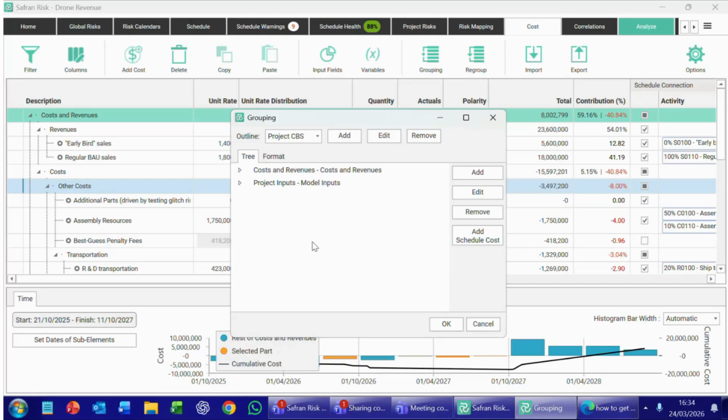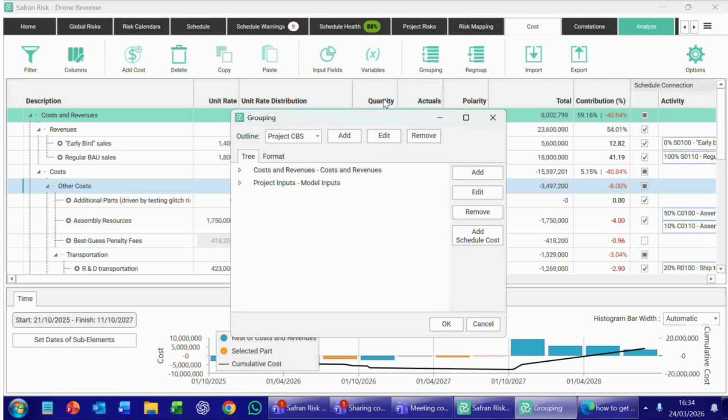There are reasons why you might use both. If you've got a resource loaded schedule and you've got all your cost of your resources in the schedule, then you wouldn't necessarily want to have to recreate those within this cost model. But in the cost model, there's all sorts of extra things that we can do, particularly using things like variables, and there's more creativity. We can use formula, whereas we can't really do any creative modeling, particularly when we're being driven by WBS. So the cost breakdown structure, or this cost model, had a lot more flexibility,